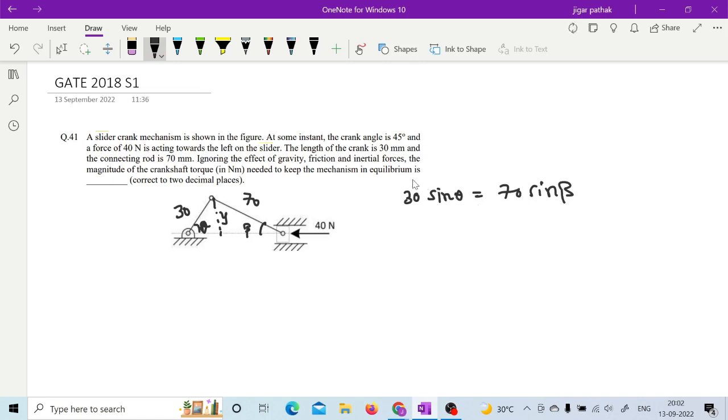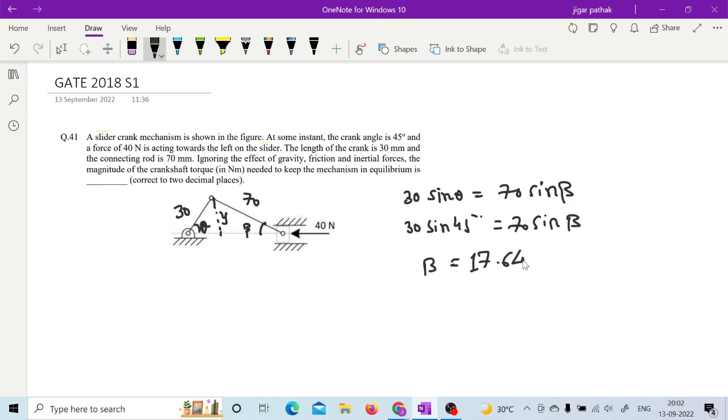So in this, I guess they have provided the crank angle, right? So this crank angle is provided, so this 30 sine 45 maybe equal to this 70 sine beta. So if you further simplify it, you can calculate beta, which will come around